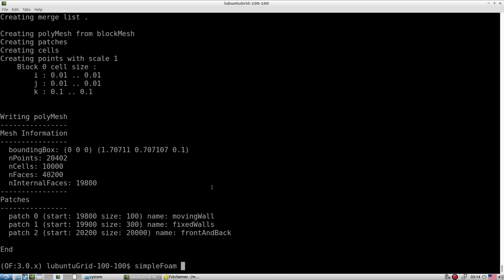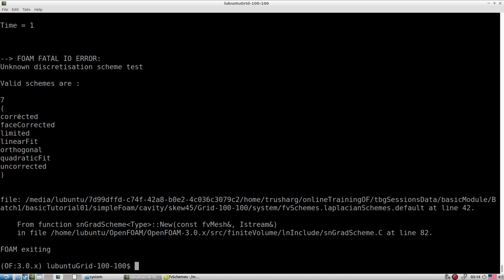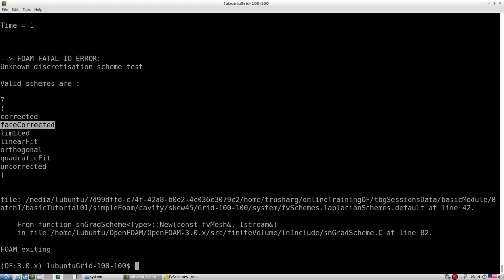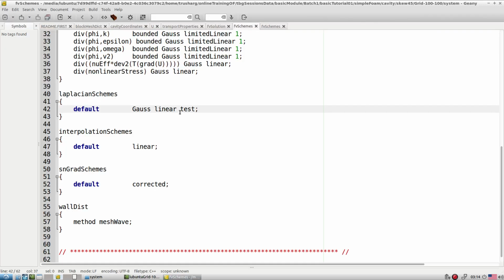I just want to check the entry, so I run it straight away. Look, you get this many options available: corrected, face corrected, limited, orthogonal, quadratic. When we discuss schemes, we are going to explore all these options, but what we require right now is corrected. So let's put that entry here, corrected, and run this tutorial again.